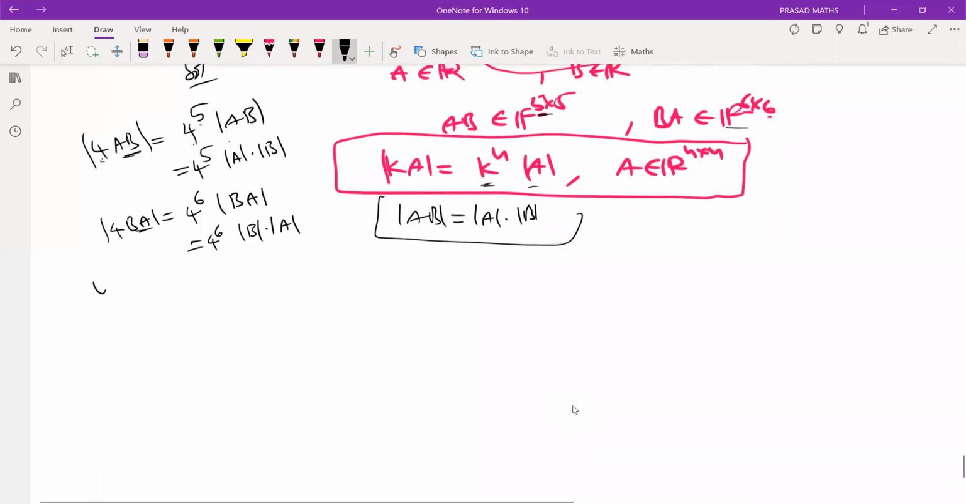Next is, suppose A, B are n by n matrices, whose each element